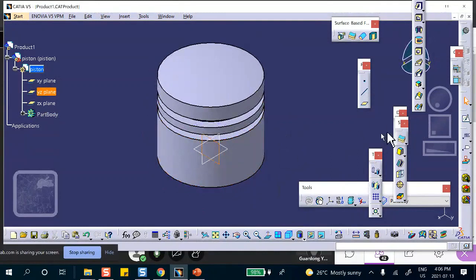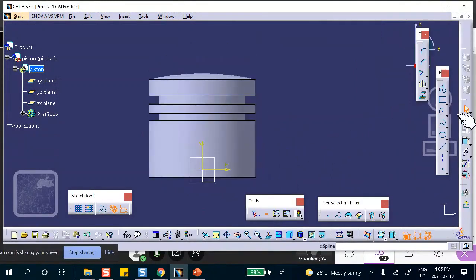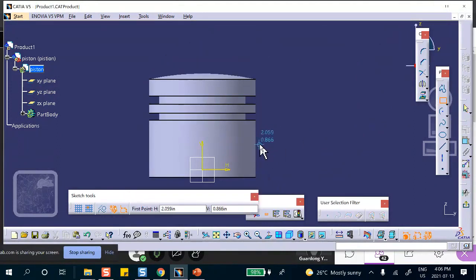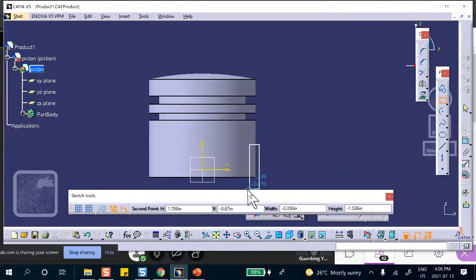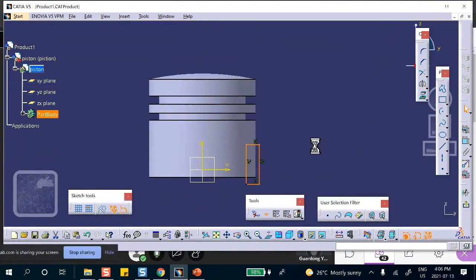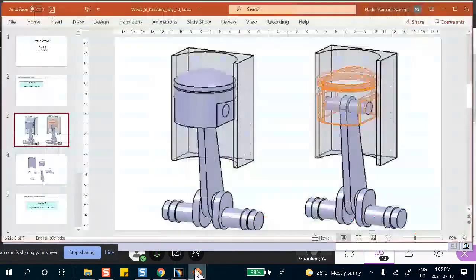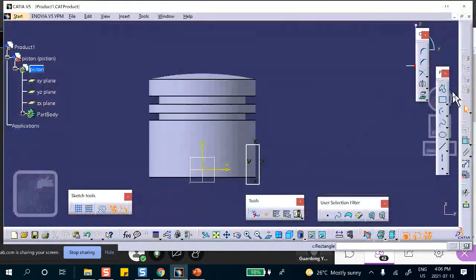On this plane, I will sketch a little rectangle because I want to have a cutout here. See that? I want this cutout here. Okay. So exit,